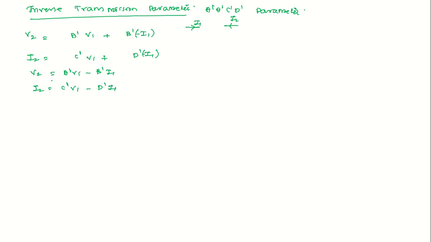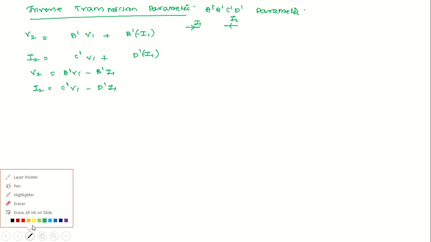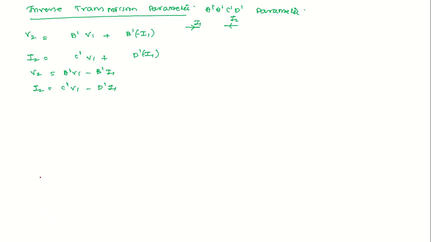To find the value of A dash, B dash, C dash, and D dash, first let me find A dash and C dash by putting I1 equal to 0, and next B dash and D dash can be found by putting V1 equal to 0. So to find A dash and C dash, put I1 equal to 0,